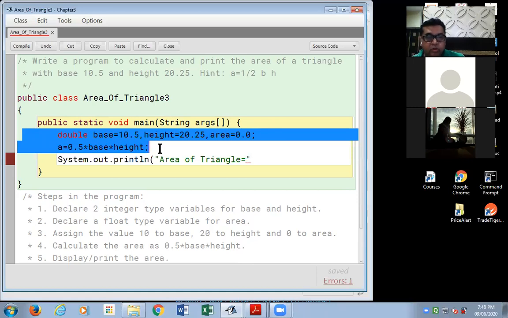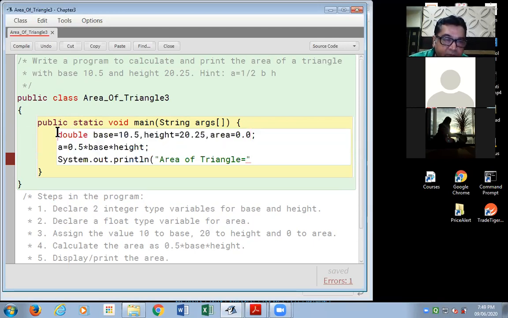So even if you have to write that 0.0, it is a float. I have not written F. I remind you, I have not written F because this time I'm not using float, I'm using double. So when you define double variables, you need not give the value as 10.5F or 0.0F. You have to do that formality for float types, not for double types.